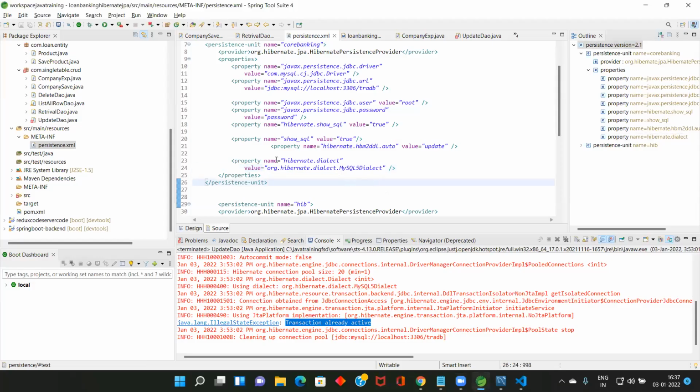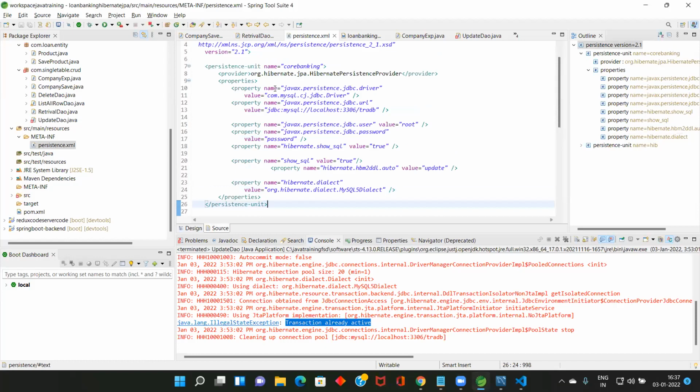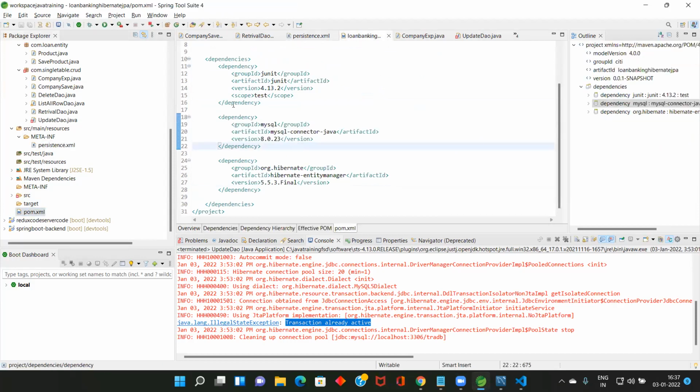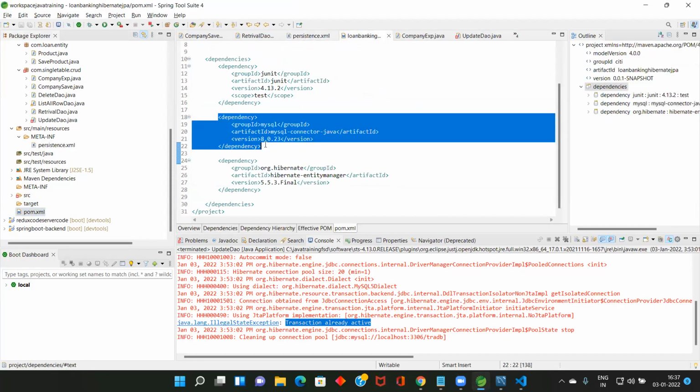So the changes are here: the driver name, four places of changes. Here the driver name, here the PostgreSQL URL, here the PostgreSQL dialect. That's all. And in persistence.xml, this one should be PostgreSQL.